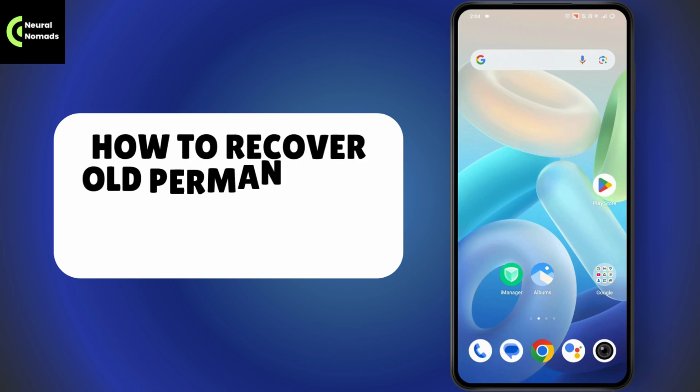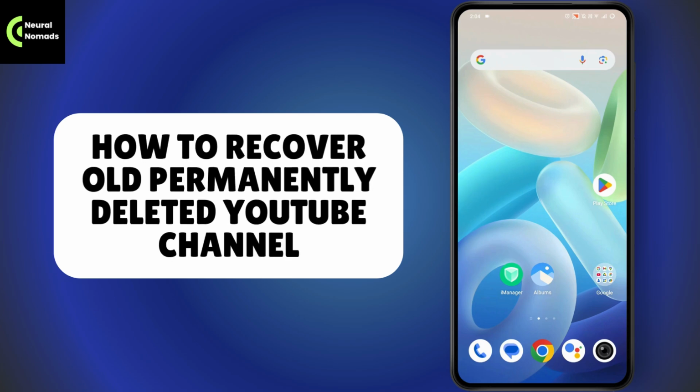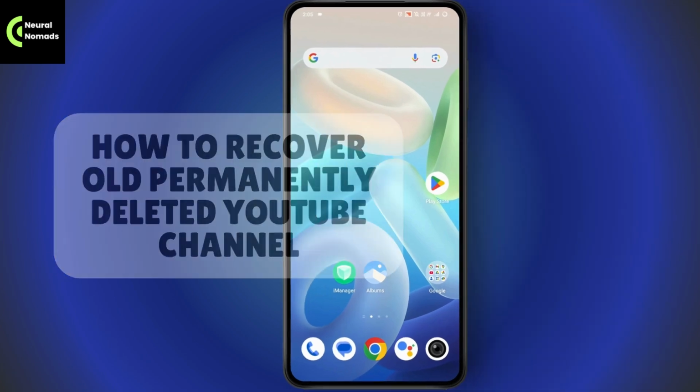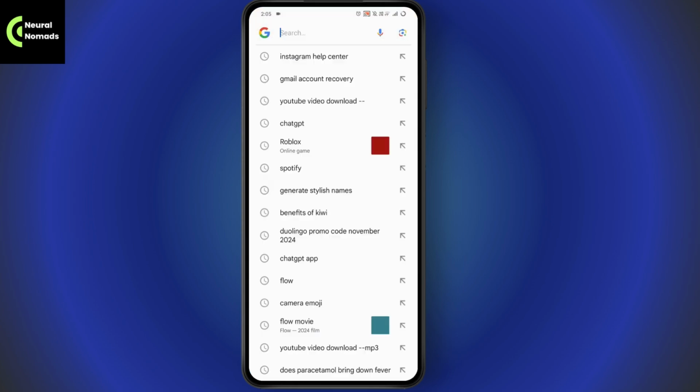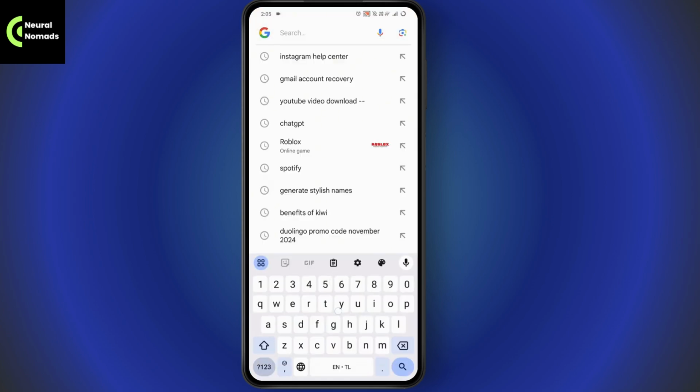How to recover old permanently deleted YouTube channel. So if you want to recover old permanently deleted YouTube channel, then first you need to open up your Google or your browser, and here you need to search for